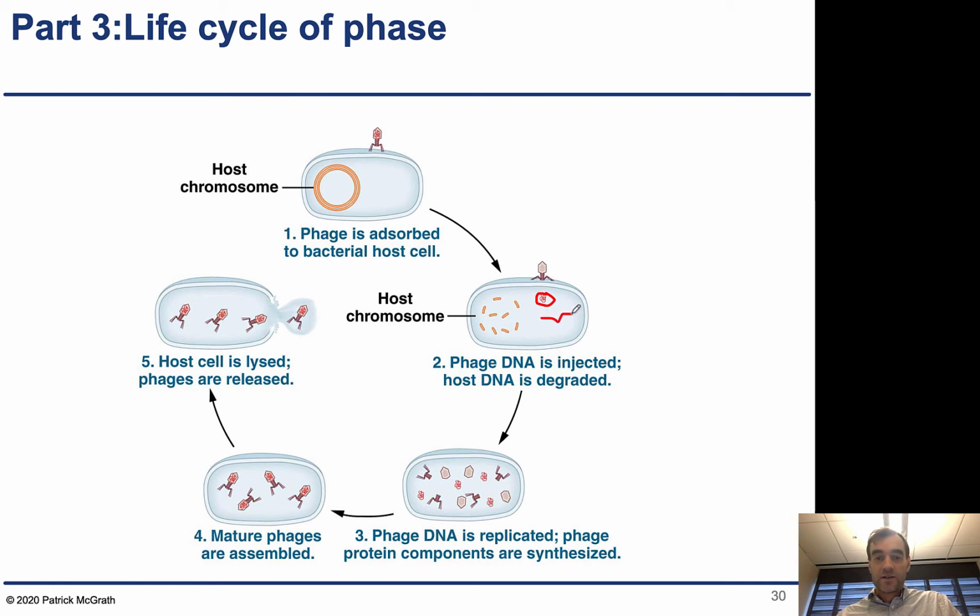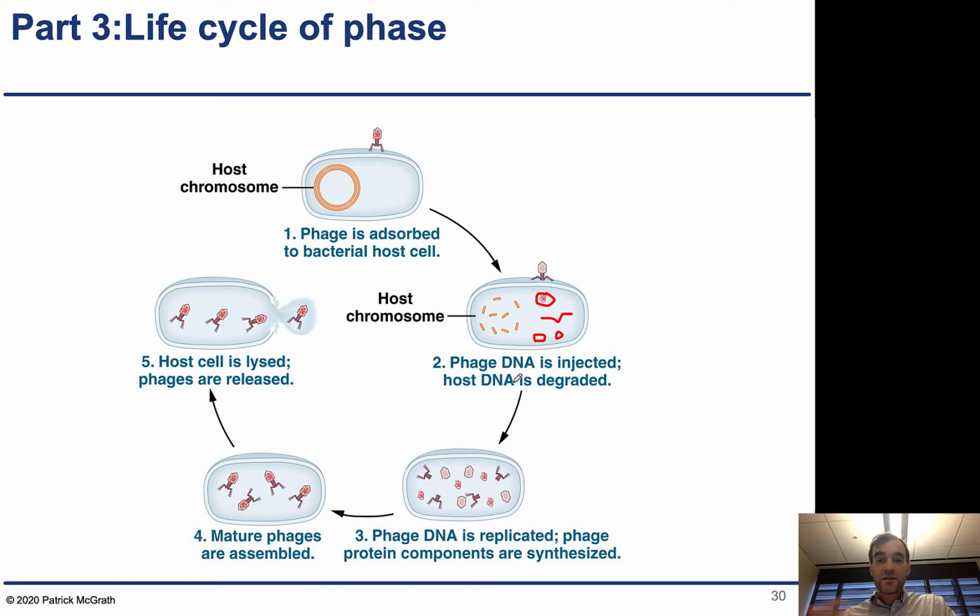That mRNA is assembled into new proteins, if there are multiple genes encoded. One of the jobs of one of the genes is to degrade the host chromosome. That kills the bacteria cell and prevents it from mounting a response to try to fight off that phage. Now it's able to take over the entire host